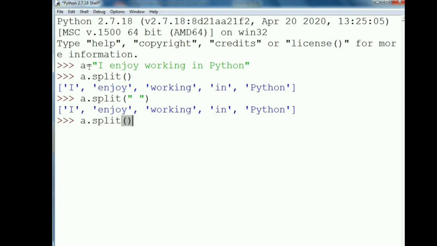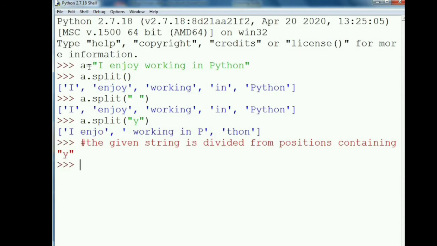If we pass y as a separator, then it will separate the sentence into 4 elements without y. The separator character y is not included in the split strings, as you can see. The given string is divided at the position containing y.